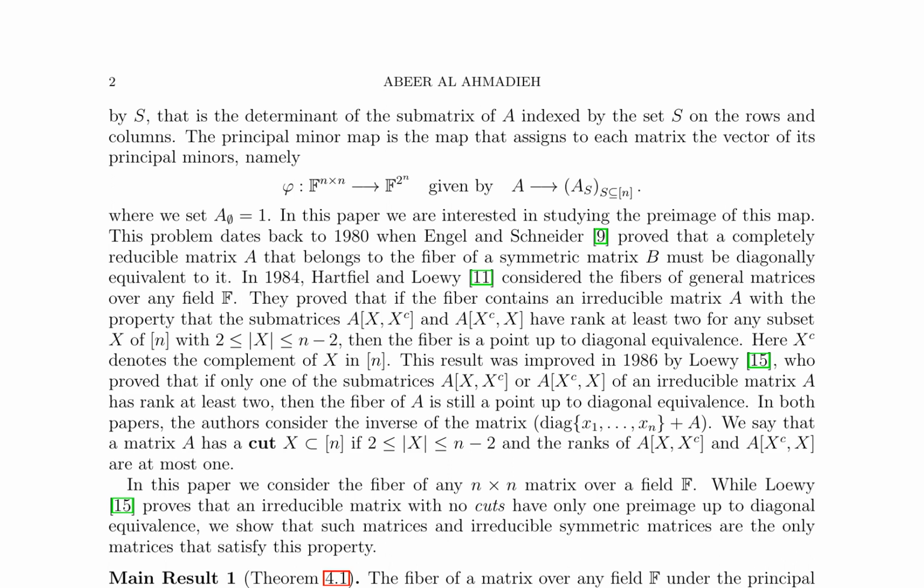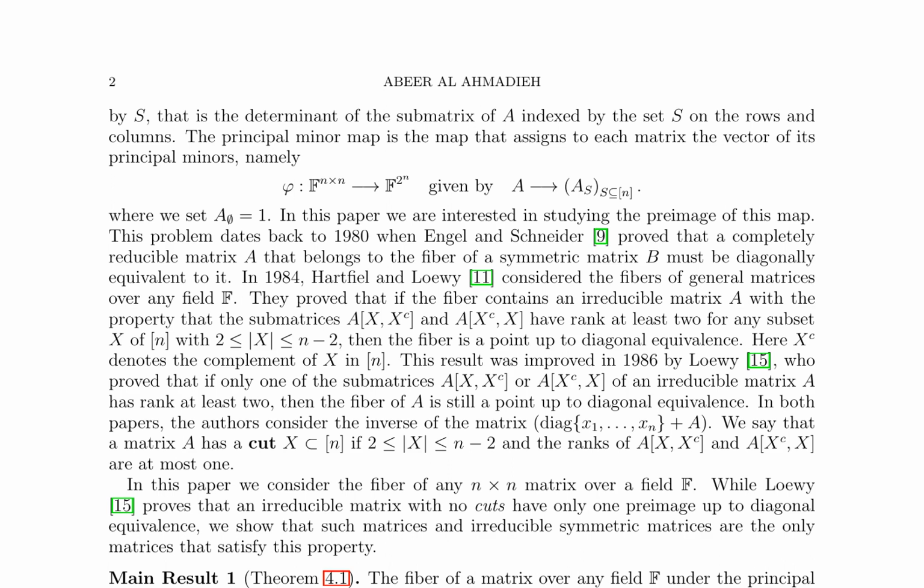F. A matrix A is said to have a cut X, a subset of [n], if 2 is less than or equal to |X| is less than or equal to n-2 and the ranks of A[X, X^c] and A[X^c, X] are at most 1. Loewy's result states that an irreducible matrix with no cuts has only one preimage up to diagonal equivalence. This paper extends this result, showing that irreducible matrices and irreducible symmetric matrices are the only matrices that satisfy this